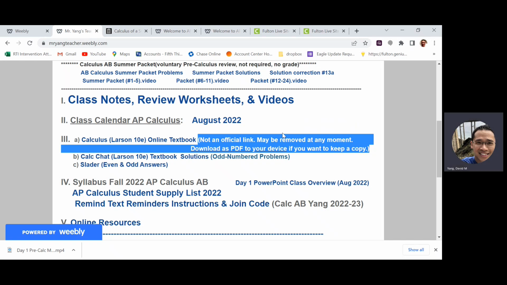The next thing I want to point out is that we're going to be pulling a lot of homework problems from the textbook, but there are a lot of good resources here. CalChat has odd numbered solutions for the entire textbook, not only answers, but full worked-out solutions. And Slater has even and odd answers as well. Most of the problems I assign will be odd numbered, but there will be some even numbered problems. I typically try to work out all the problems on my website, but you can also see the textbook's version of those solutions. Those are good resources.